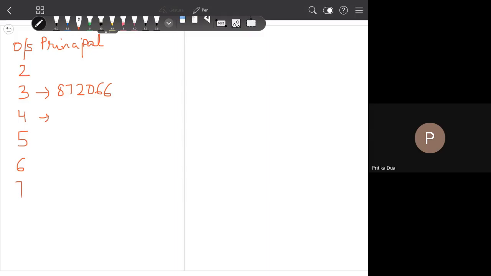Let me check. Kabir, you are also getting the same value. Yes ma'am, if we subtract 40,000 from 8,70,000, it should come to 23. So there is some mistake in my calculation here. Just a second. Because I also took the solution from the book, so maybe there is a difference there.